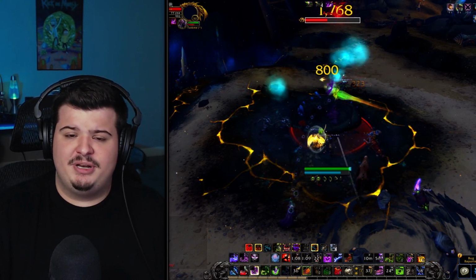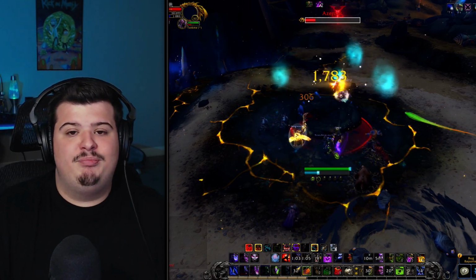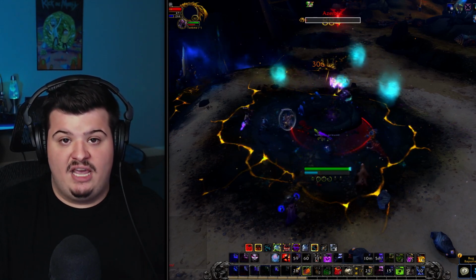You do notice a little bit of loss in damage from the Scourge Strike nerf since you're not taking Defile, but you do make up for that with Unholy Blight, which does a lot of AoE damage, by the way. I would say the only issue I have with Unholy DK is that it feels like it's got a